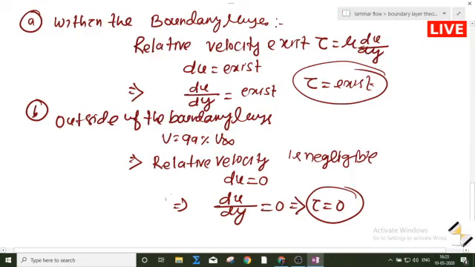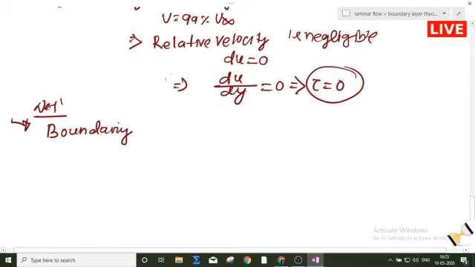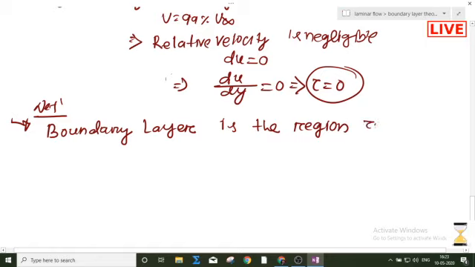So if I write down the definition of the boundary layer from this point of view: the boundary layer is the region in the flow field,